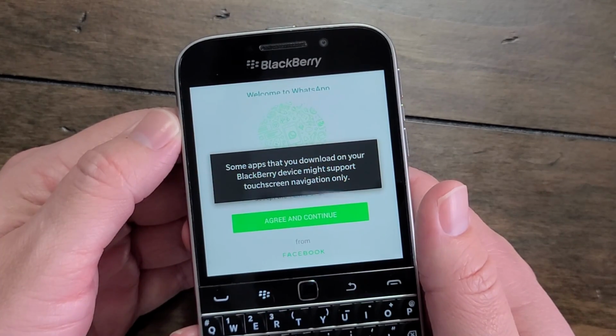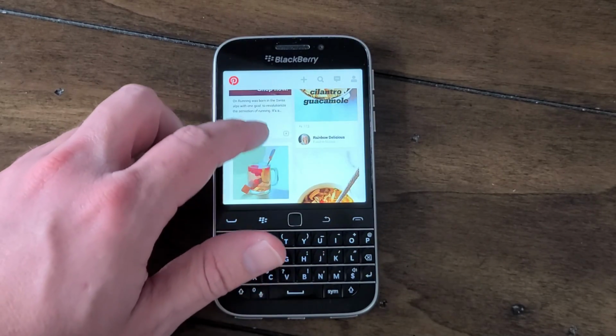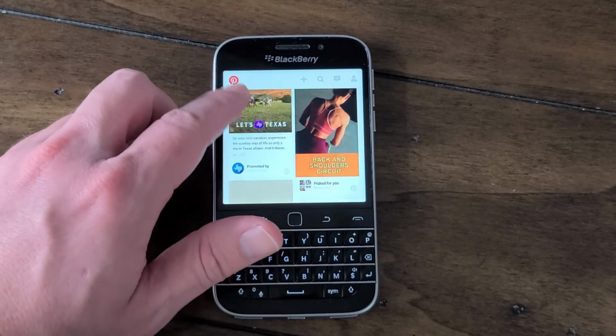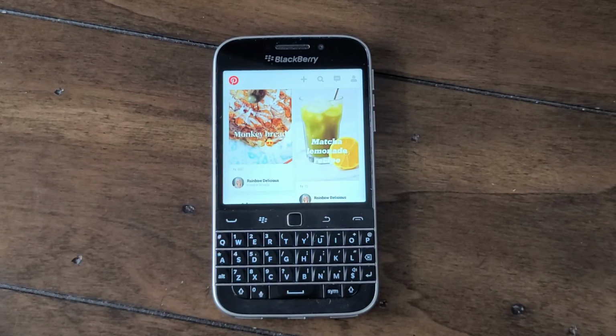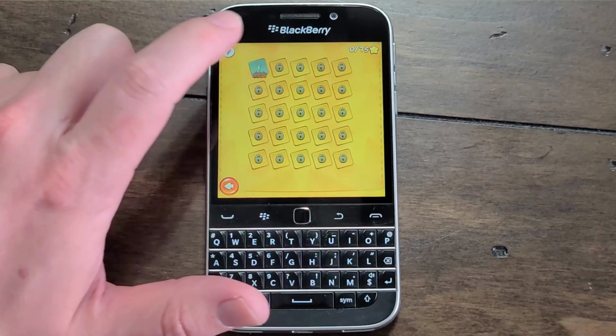You can also see that Pinterest works here. If you're associated with a Google account, though, you can't. So if you want to use a Pinterest account, you're going to have to create one and then associate it with something that's not a Google ID or a Google email address. My wife uses Yahoo, so I logged in and tested it out, and hers works perfectly fine. But there's some other games like Doodle Jump, you can see Cut the Rope, a couple of other things